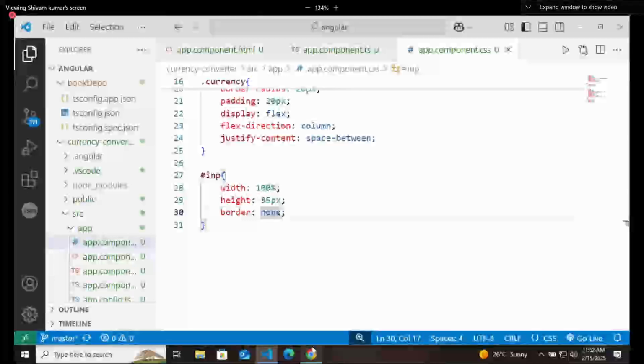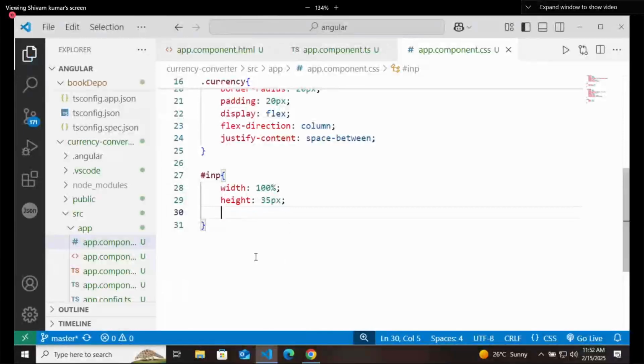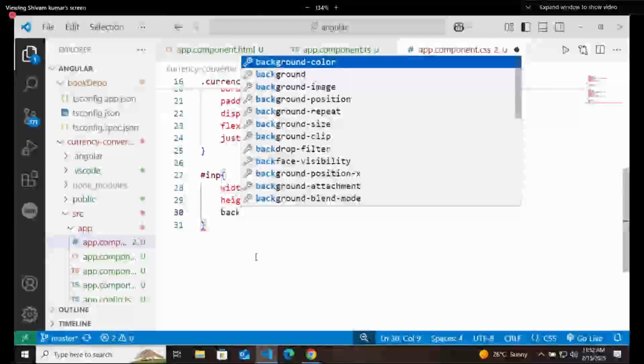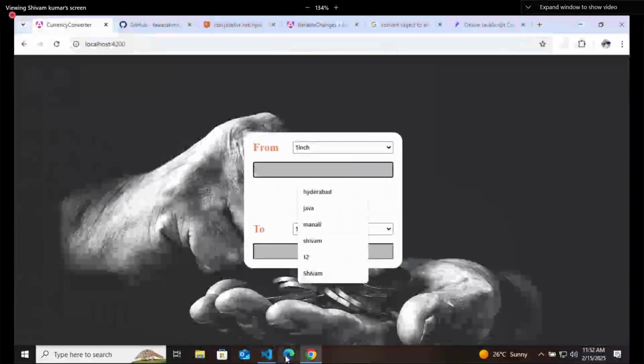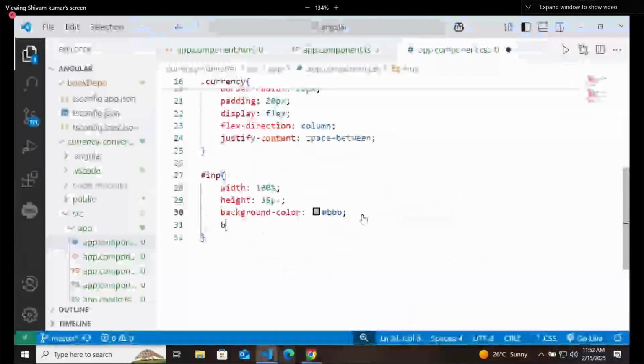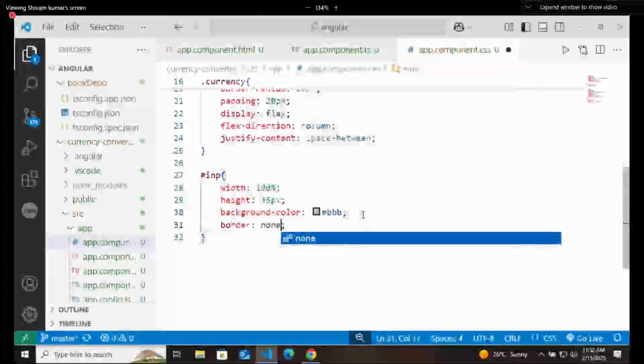If you remove this line, okay, so give them a background color, a light color background you can give in this way, and now you can remove the border. So borders are removed.